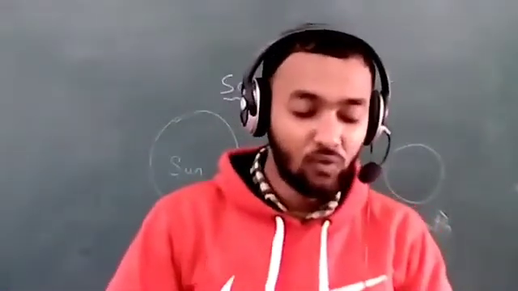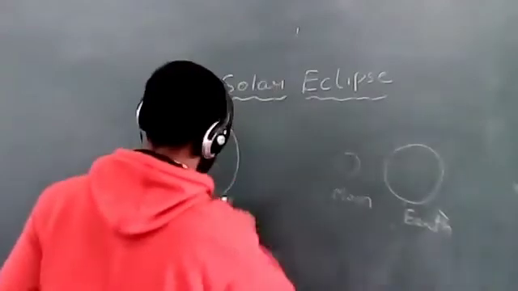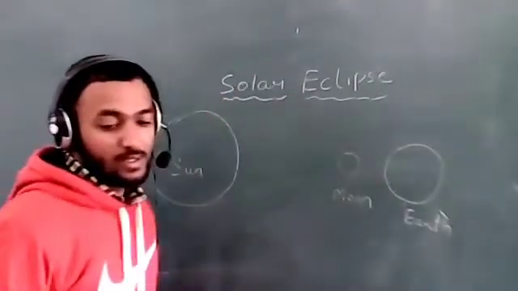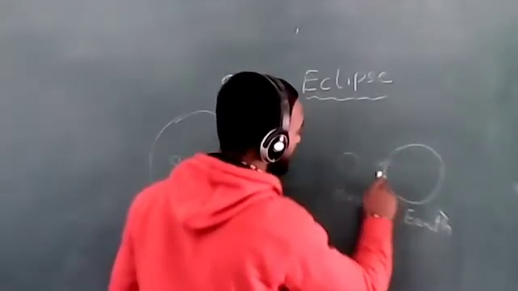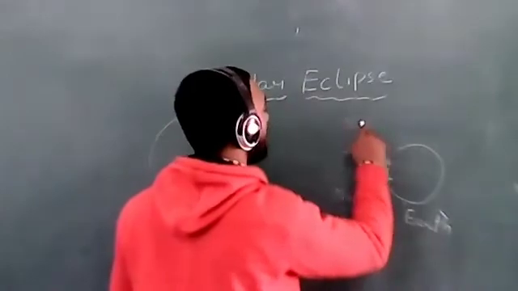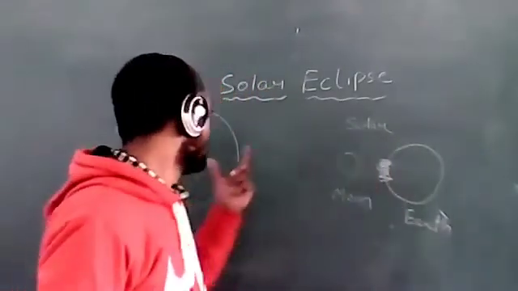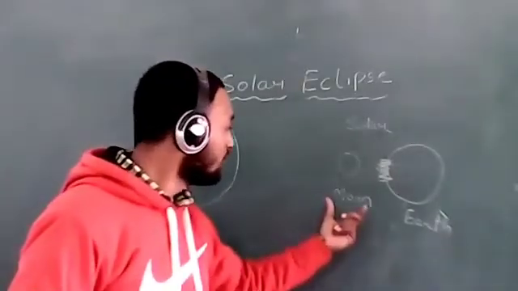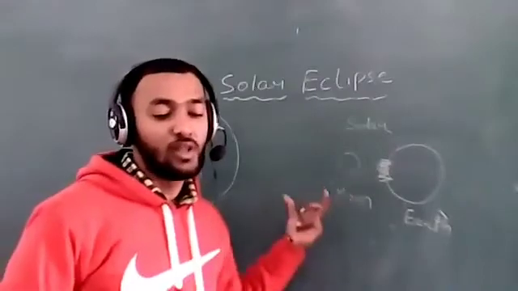You can see the figure on page number 124, solar eclipse. When the sunlight goes, what happens? It will cast a shadow here, in dark color, and this is a solar eclipse. So when the Earth doesn't get full sunlight because the Moon comes in between the Earth and Sun, it causes a solar eclipse.